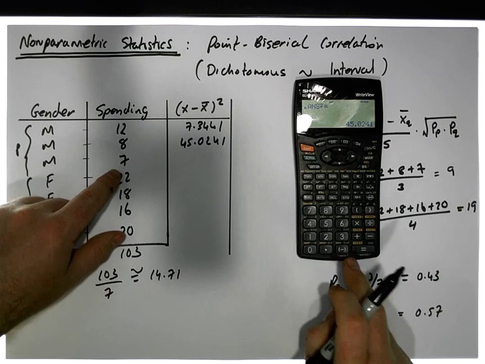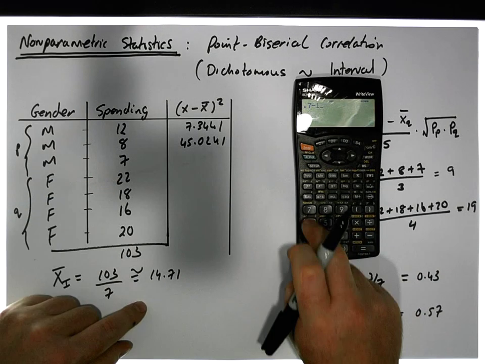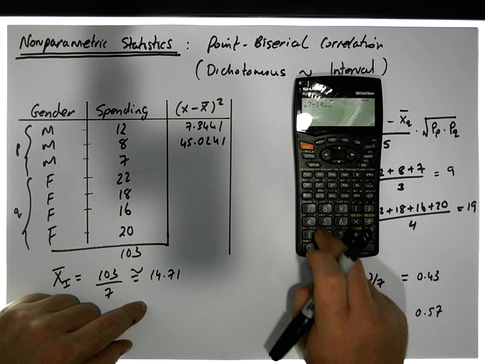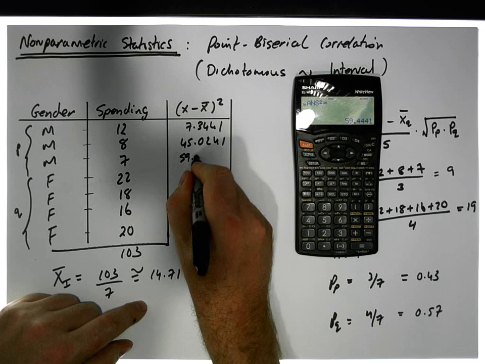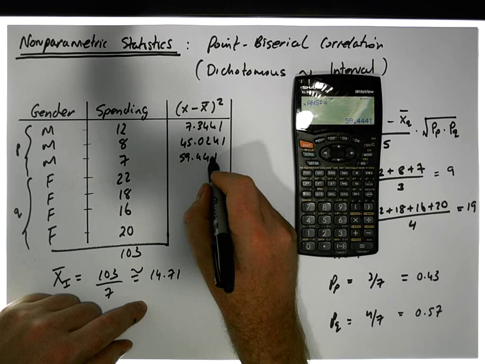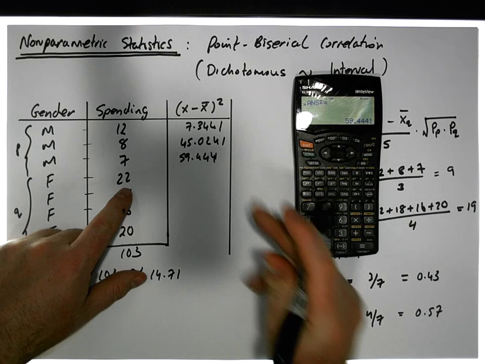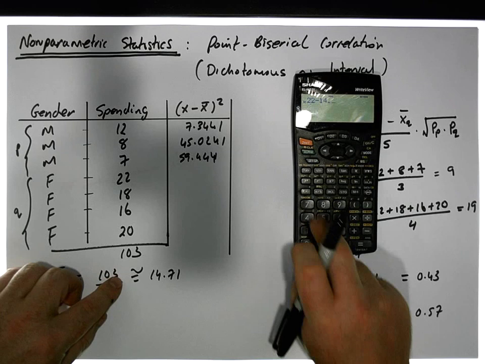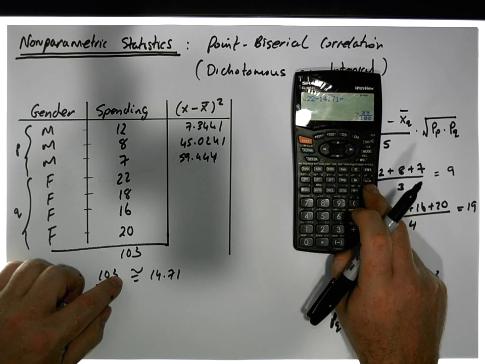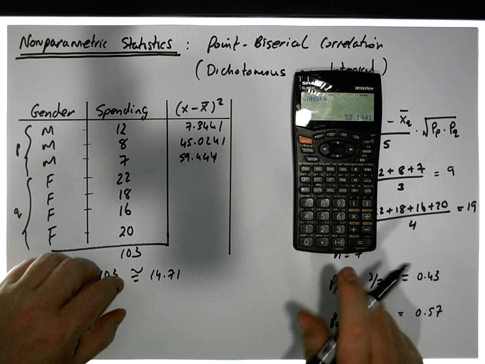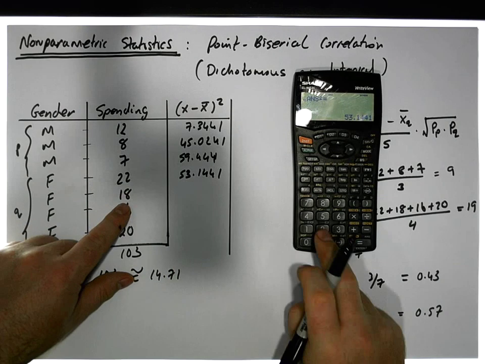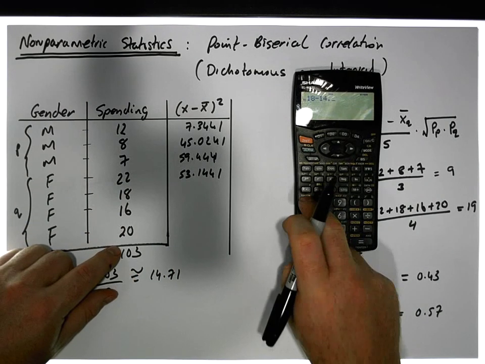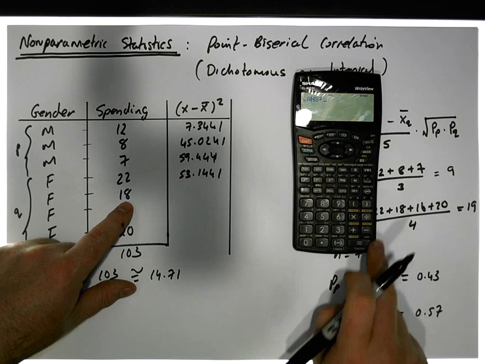45.0241. We have 7 minus 14.71. Square that gives us a value of 59.4441. And we have 22 minus 14.71, square that gives us a value of 53.1441. We have 18 minus 14.71. Square that gives us a value of